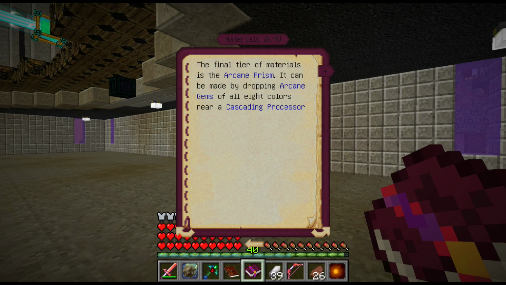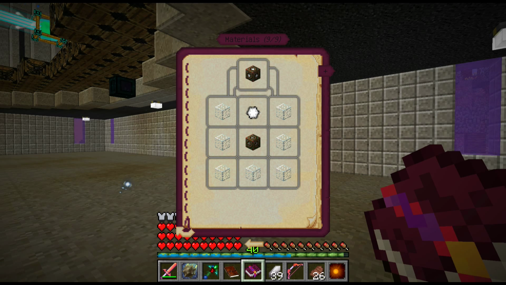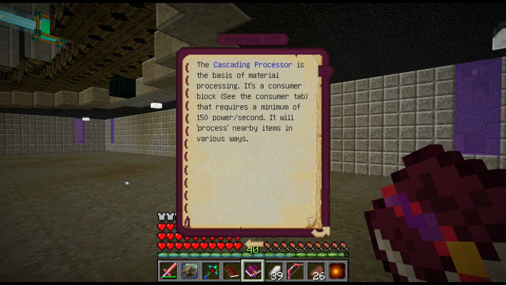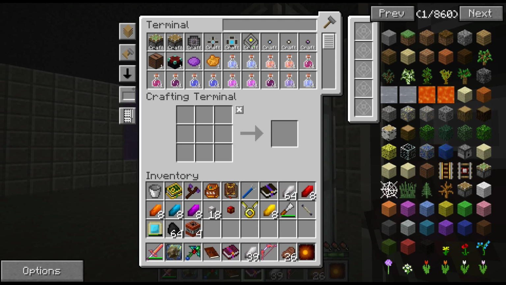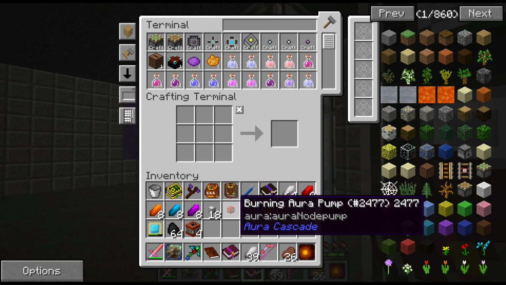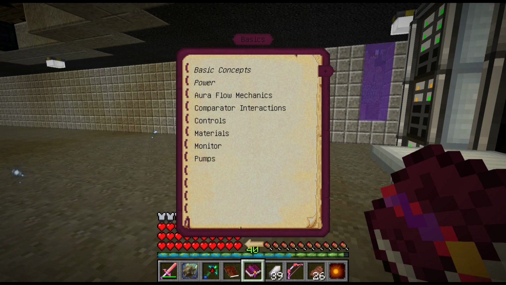Arcane white gem. And then you got this arcane prism. This is all new. This is most definitely not new. So, the question is, that's a burning aura pump. We've got that one. Now, if we go back and just look at the pumps,